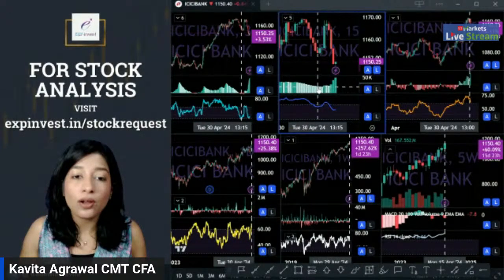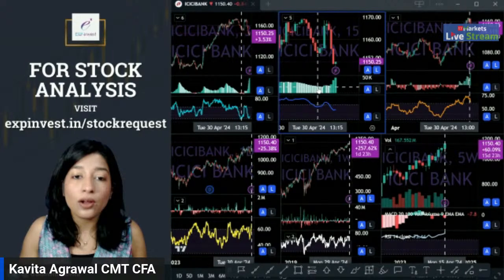So if you are someone who is trying to get a fresh entry in ICICI Bank, I think a good level to make that happen would be somewhere around 1138. And why do I say that? Because if you look at the 15-minute time frame, even though it is very bullish, it has given a very tiny little RSI negative divergence somewhere around here, right? This suggests that a short-term correction is possible in the stock. So when the stock comes to retest this trend line over here, this would make for a potentially